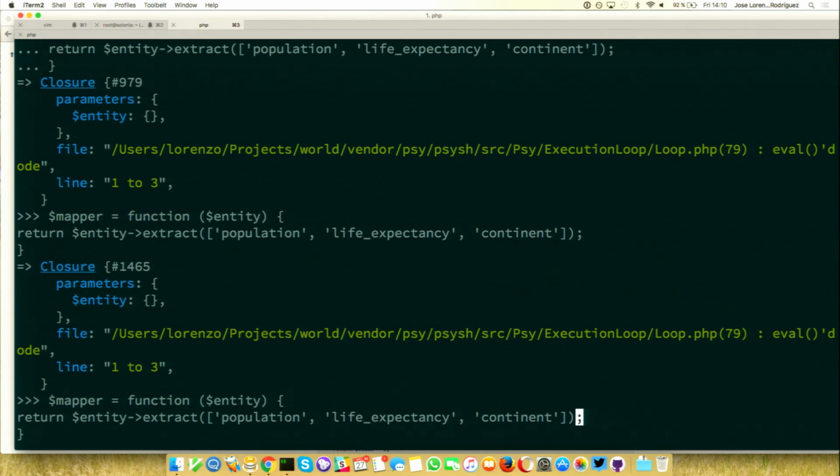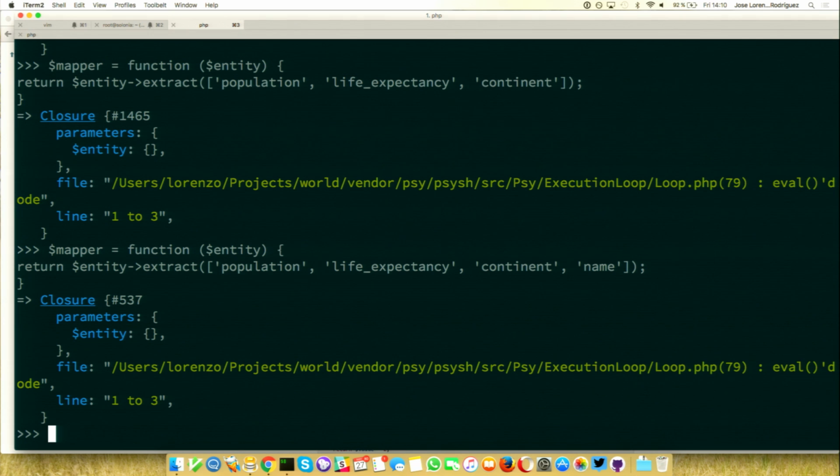No, actually I'm gonna put it back. Sorry. Name. Okay. So if I try that right now, so I say countries, find and map with mapper, maybe take two